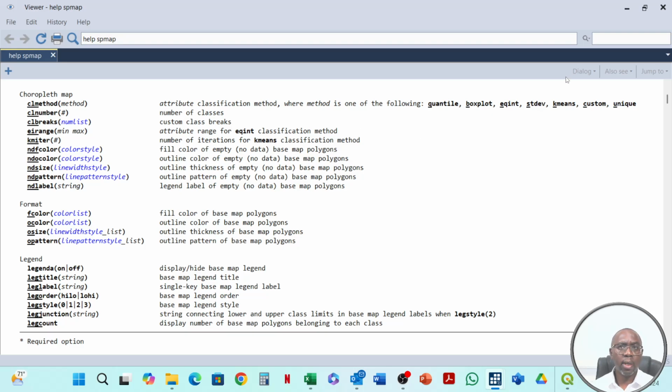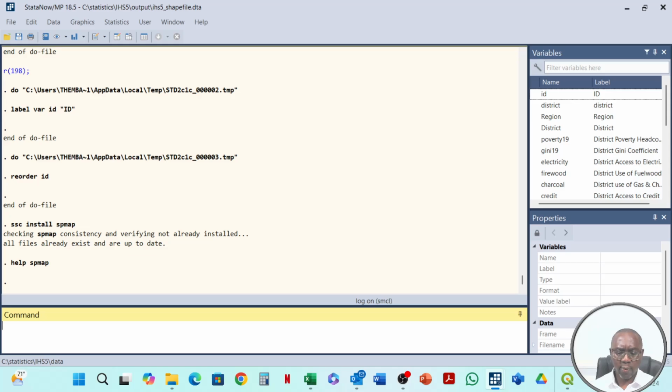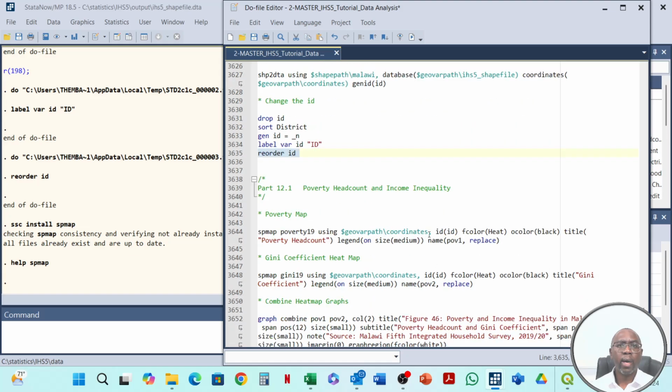So in the graph that we're going to plot, if we just go to the command, you see that one of the things that we are asking Stata is to plot the poverty head count based on those coordinates, and then use the ID that we have just created, and then the fill color of the map for each polygon should be a heat map, and this one ranges from the highest being the red,